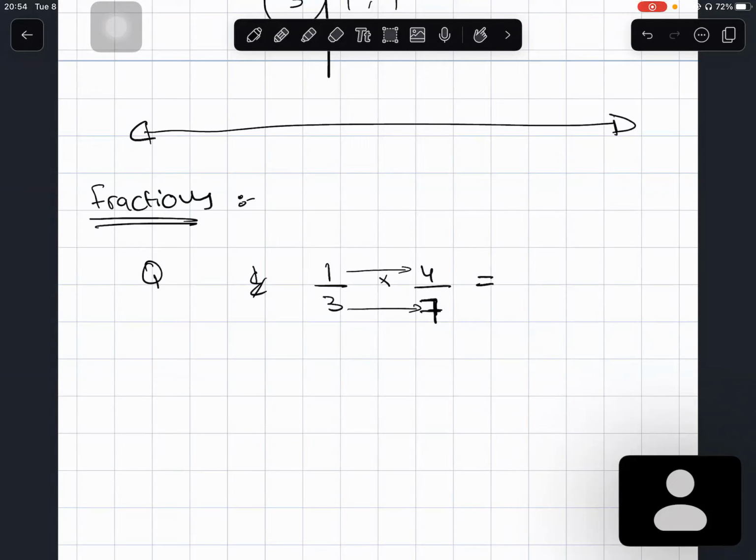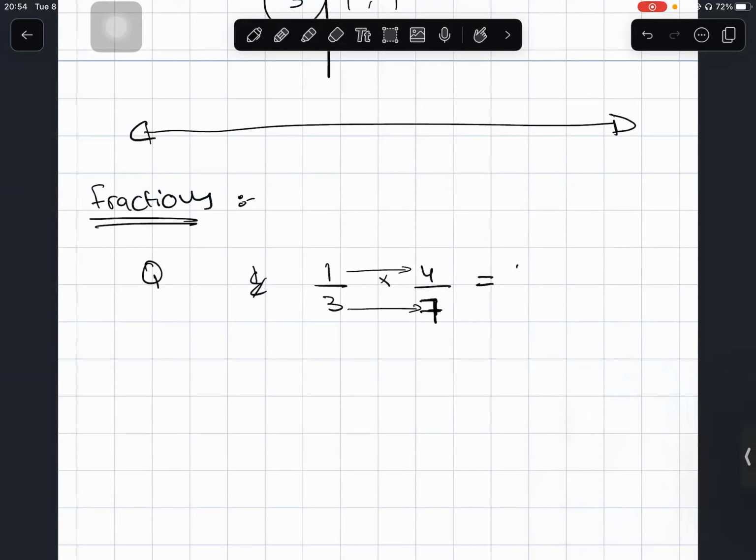The numerator with the numerator, the denominator with the denominator, and you will have your answer. Nothing more serious than that. So you will do 1 times 4 divided by 3 times 7, and you will have 4 divided by 21. That's your answer. You get, for example, 7 by 9 times 12 by, I don't know, 13 or